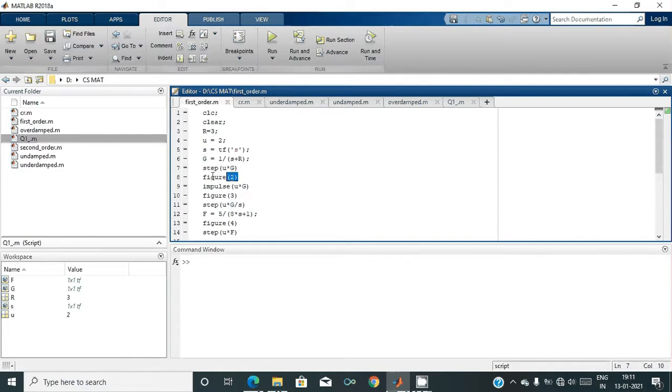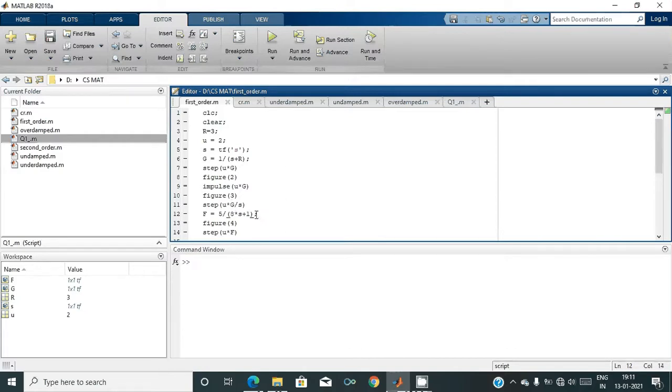I hope you understood that. And then in another figure I have called the impulse function with u into G, and it will give the impulse response. Actually, the step function is for knowing the results of step input, but since we are dividing the transfer function by s, it will automatically give the result of the ramp function.